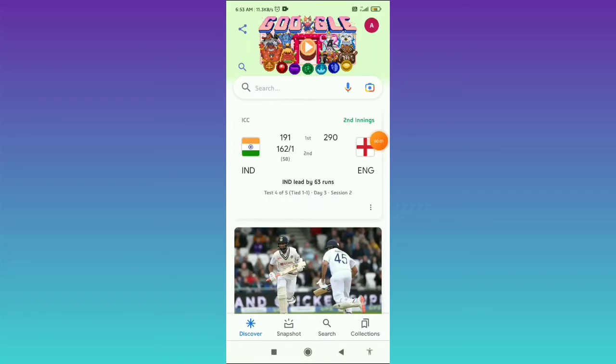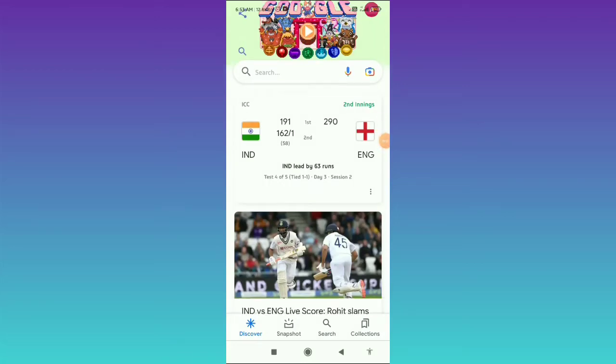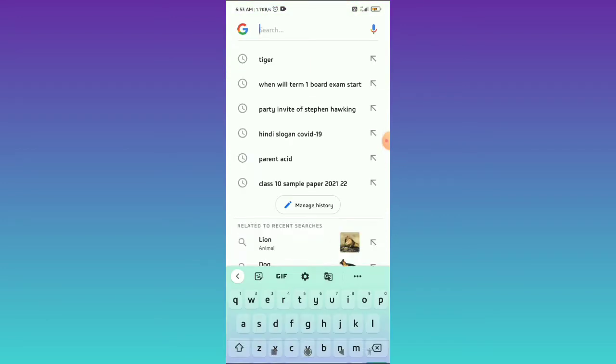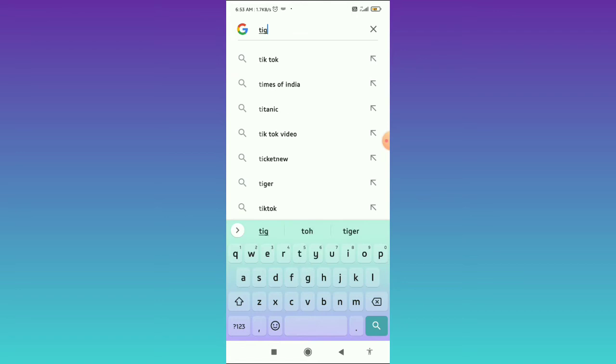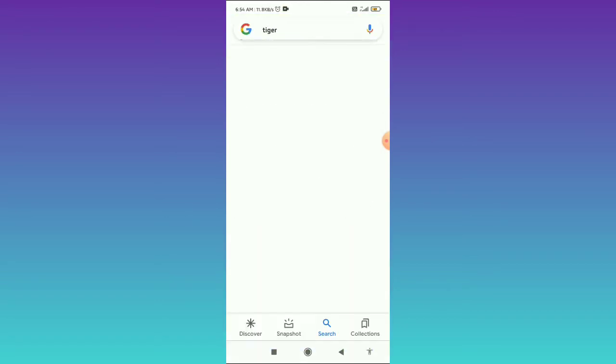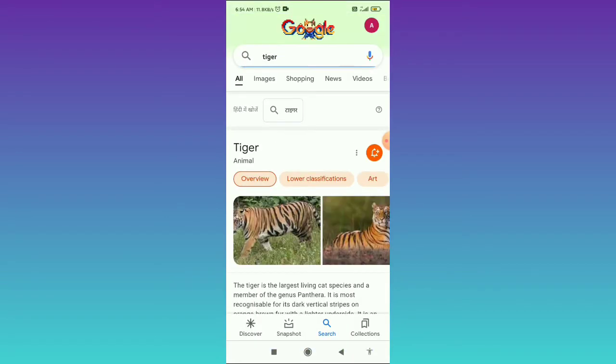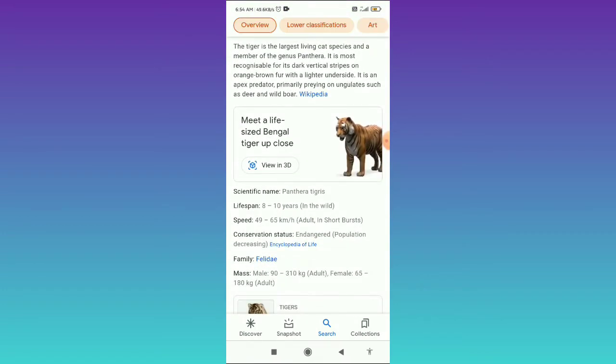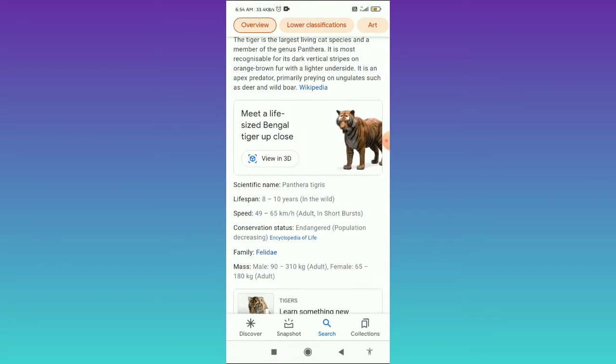In this video I am showing you how you can find 3D animals on Google. Firstly, open your Google app or Chrome browser and then search for an animal like tiger. In the search result you have to scroll down, and here you can find the option to meet a life-sized